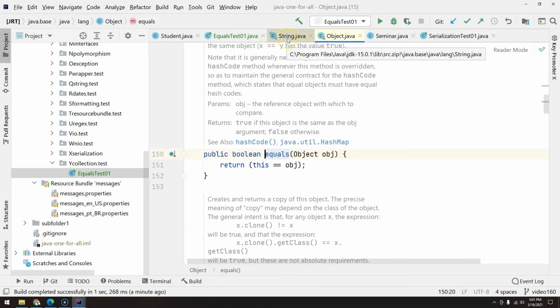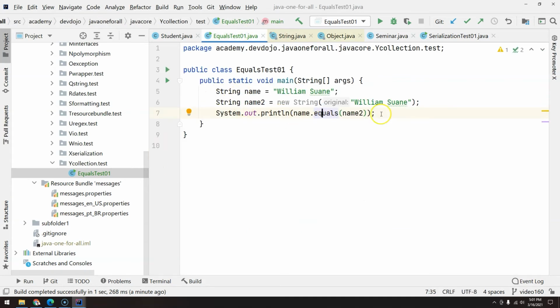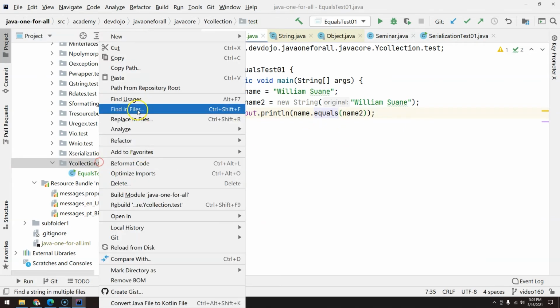And the equals is important because, for example, imagine that you have an array of 1,000 employees and you want to get the employee called William. How do you filter, and how do you get that object back? You will only be able to do it if you tell Java how to find two objects that are equal. For example, now that we know how this works, let's go back and create here in our package